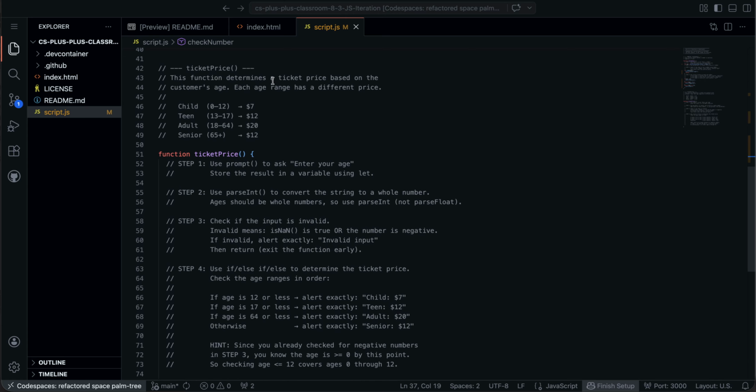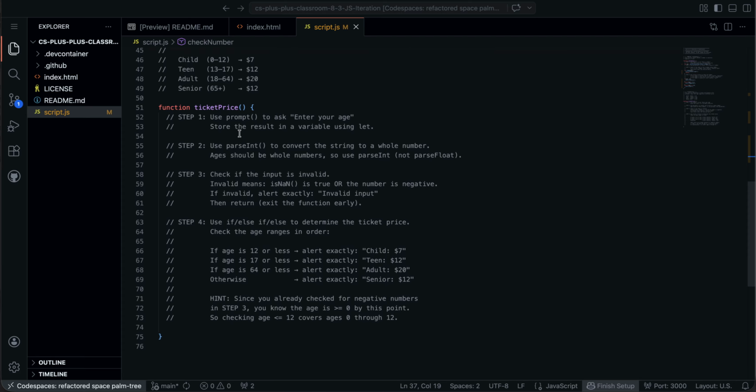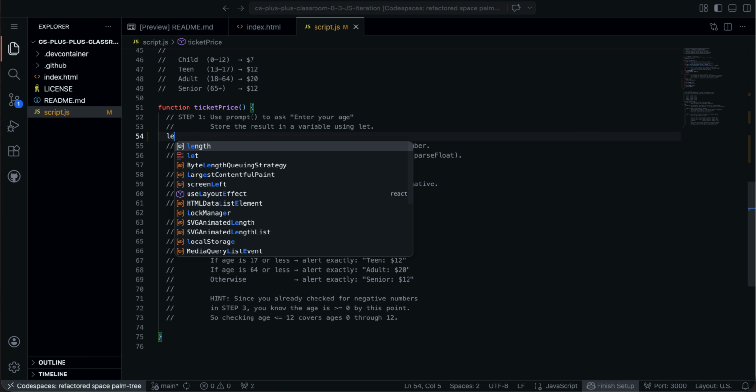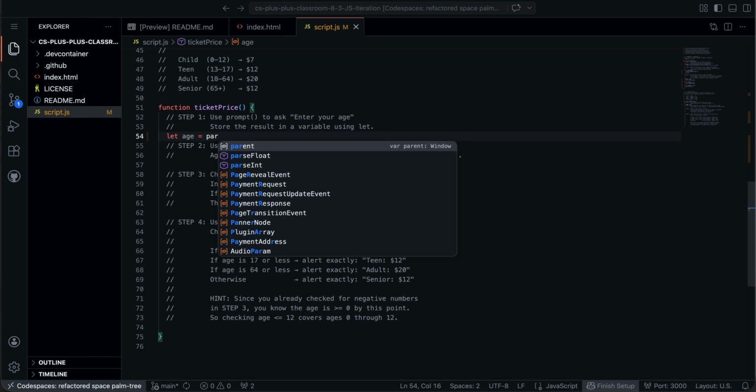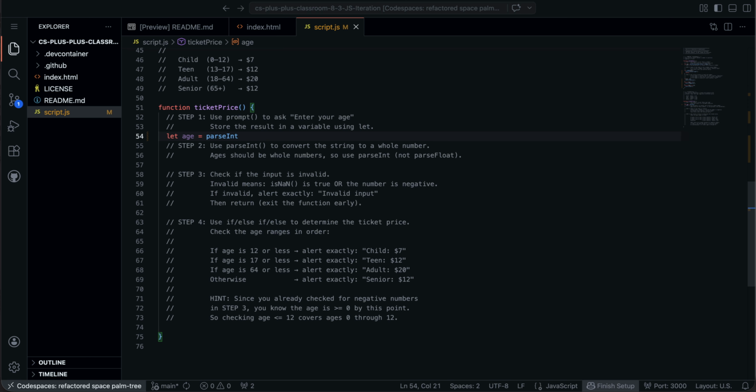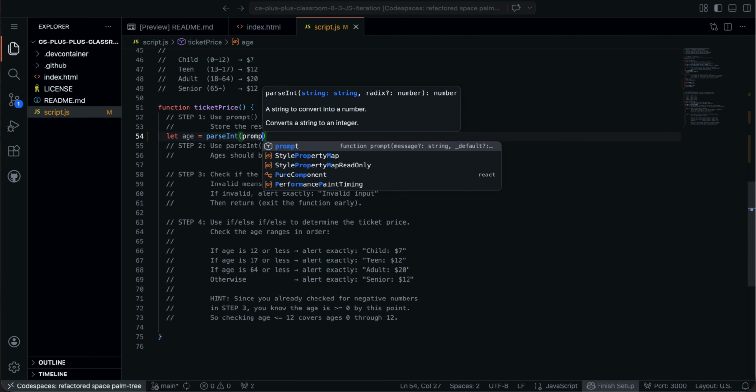So we're going to determine a ticket price based on the customer's age. If they're a child, it's $7, teen $12, adult $20, and a senior $12. So again, step by step, the first thing is we're going to get their age. Probably want to convert that to a number, so we can combine steps 1 and 2 together if we want. So we can do let age equals parseInt, because this is going to be an integer, and then prompt,